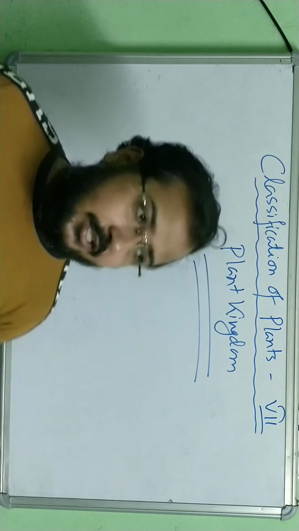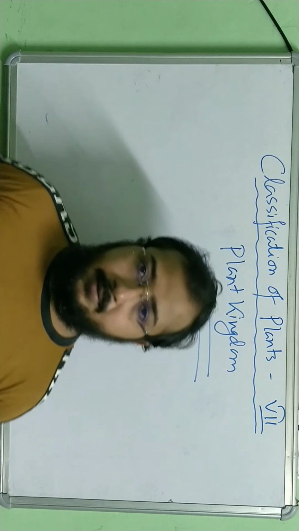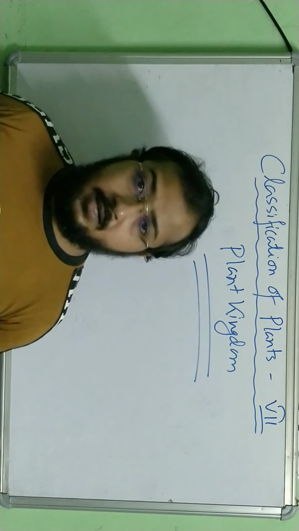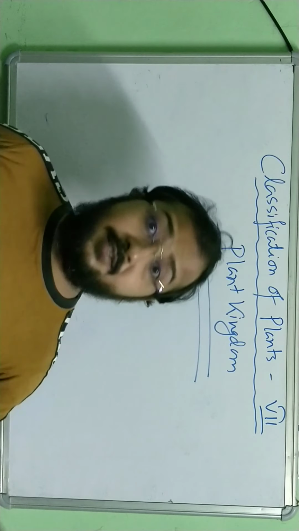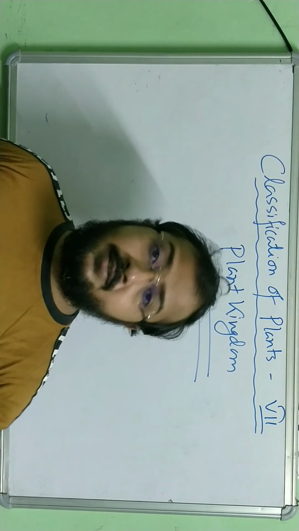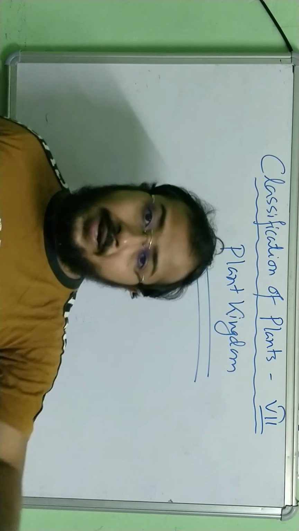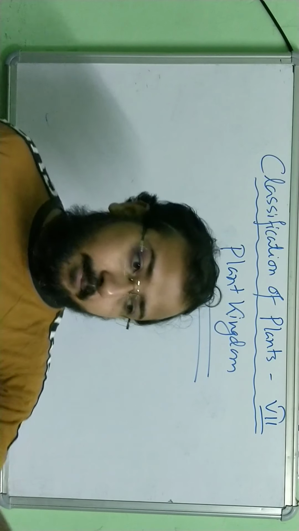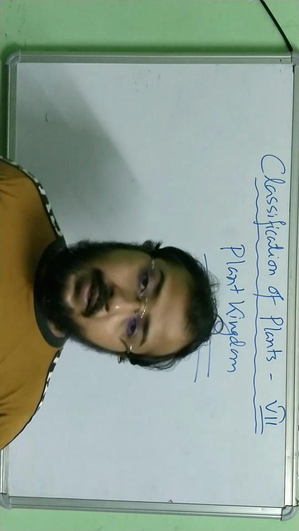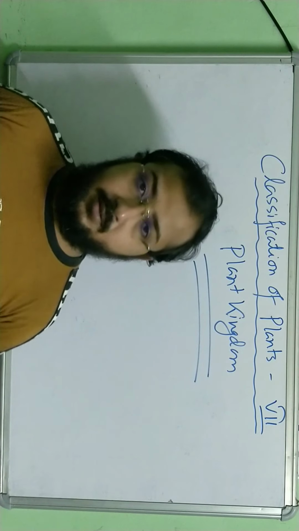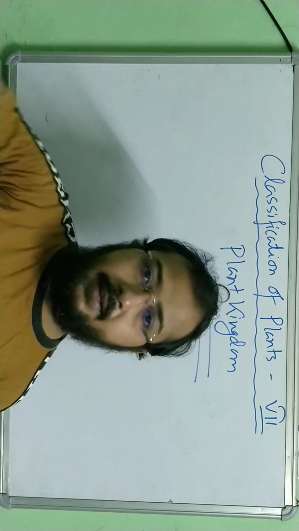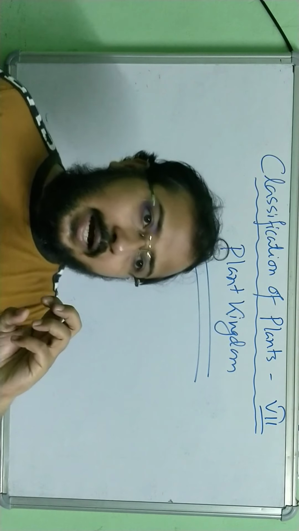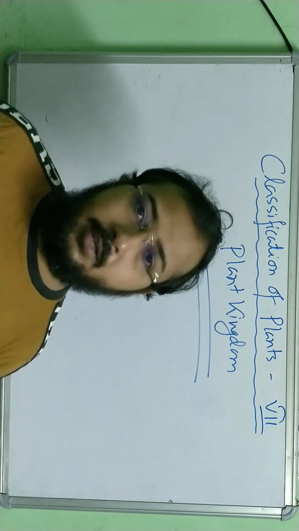The next is the Bryophyta. A very good example is the mosses. Everyone has seen mosses. In the rainy season, which is going on nowadays, you will see them in damp, moist areas on the soil surface, on the rock surface, on the bark of plants or trees. You will see these mosses grow, green in color. It looks like a carpet. These are known as the amphibians of the plant kingdom.